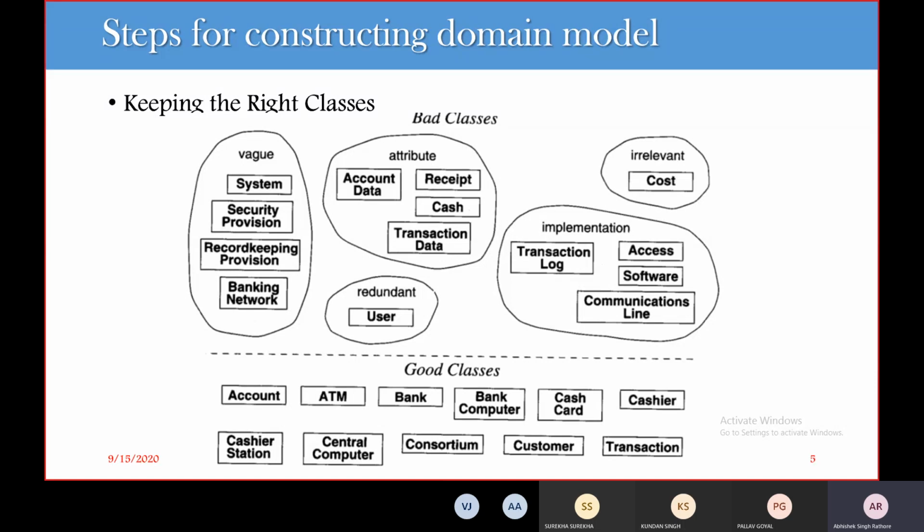So what are the criteria for keeping the right classes? We have to identify redundant classes. Usually, what are these redundant classes? Let's say we have two classes that express the same concept. For example, we have a customer for your flight, and we have passengers. Customer and passenger are both usually for